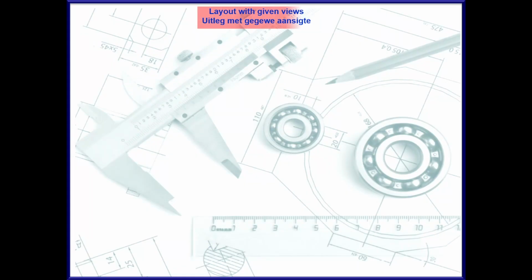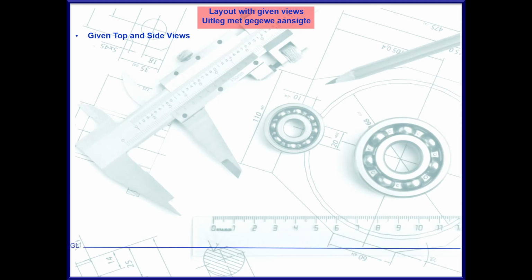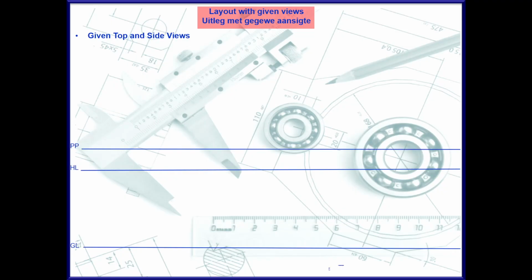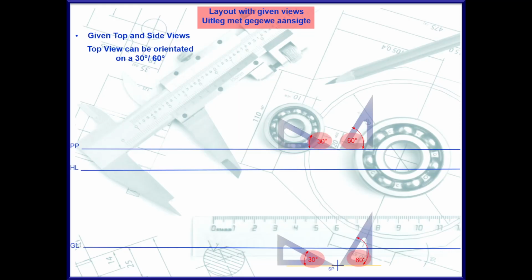You can take a look at the layout with the given views for this specific drawing. So first, our given top and side views, as well as our ground line, our horizon line, our picture plane, and also our station point will always be part of my layout of the given views. My top view can be orientated on a 30 or 60 degree angle, so we will take our 30 and 60 degree set squares and on a 30 and 60 degree angle project from my station point to my picture plane 90 degrees down towards my horizon line, and that will give me my left hand and my right hand